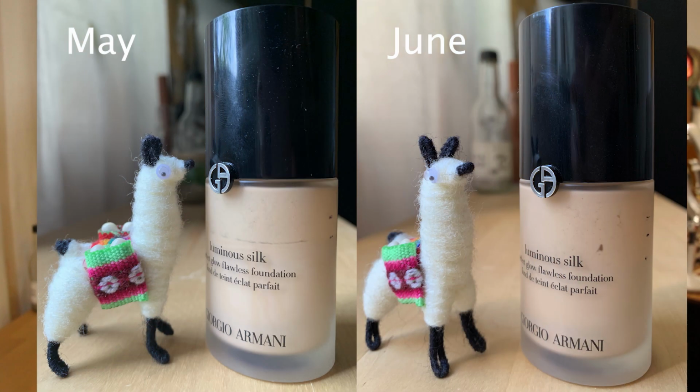But now let's get into what I've been using because I have thoughts. Starting with the Giorgio Armani Luminous Silk Foundation, which I used 15 times this past month. I had been using BB creams and CC creams for so long that I kind of forgot how wonderful it is just to work with a pure foundation. I've been working with several over the past couple of months, and I've been enjoying most of them, but I have to say the Luminous Silk is right up there at the very top as one of my favorites,